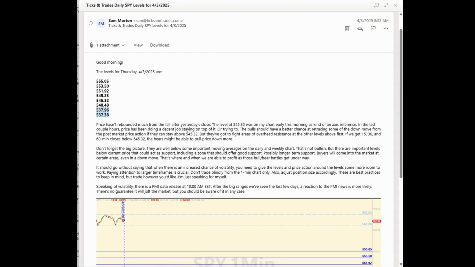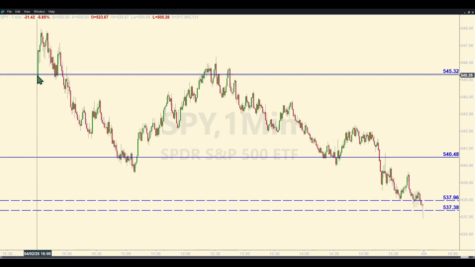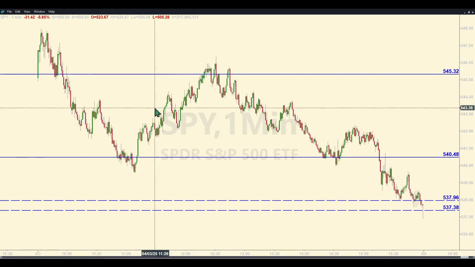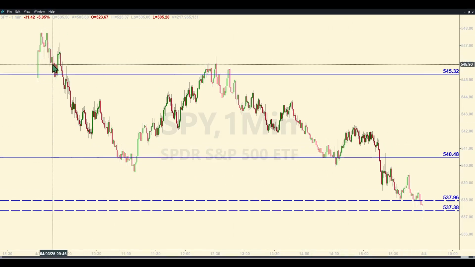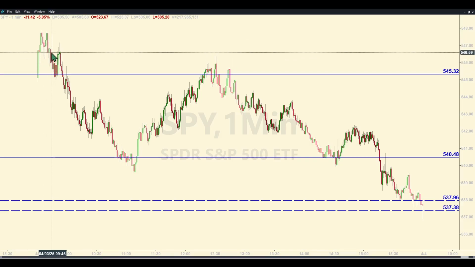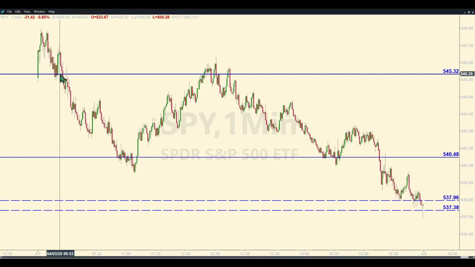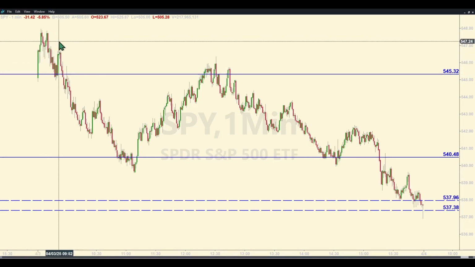So this was Thursday, and Thursday it looked like this. There's a big gap down on Thursday. No need to put a vertical line to delineate the start and the close of the day. So they came down into 545.32, easy base hit. If you were playing by the rules, you're going to ignore the level the next time they come back around, which they did. They just fell back through it after that bounce. There's a rule for that.